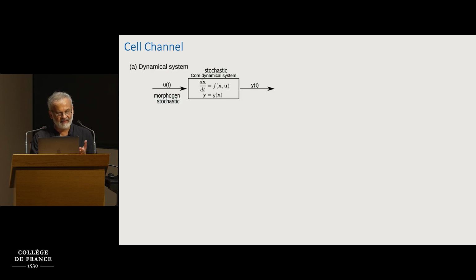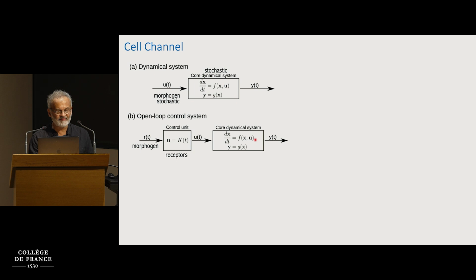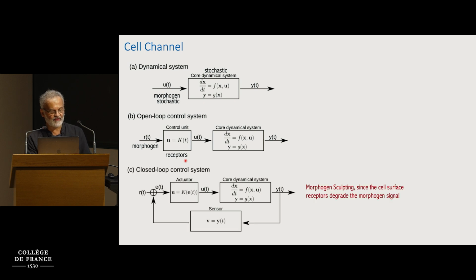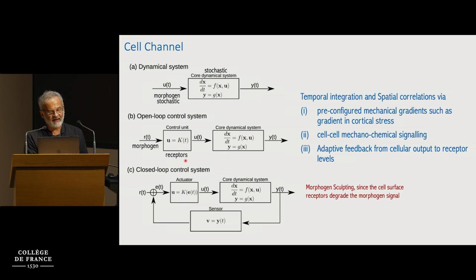These dynamical systems are typically stochastic because the input is stochastic, and there is intrinsic noise in this chemical reaction network. Now, the surface receptors that I talked about can be treated either as an open loop control or a closed loop control, and in the second case, the output that is generated can be fed back on the receptor levels,